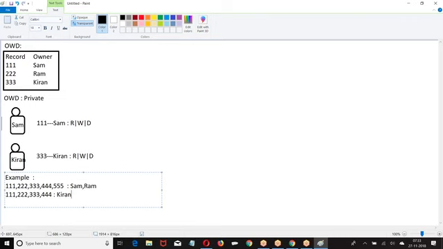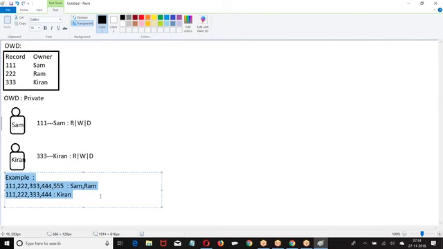Now look at this. Everybody is able to see 1, 2, 3, 4. Only Kiran was not able to see the 5th record. But what is the minimum permission? The minimum permission is not that everybody is able to see every record. So don't give read permission. Make it private. When you say private, only the owner will be able to see. The rest of the people cannot see. I hope you are good with this. If you are not able to see at least one record, OWD will be private. Are you clear about this?